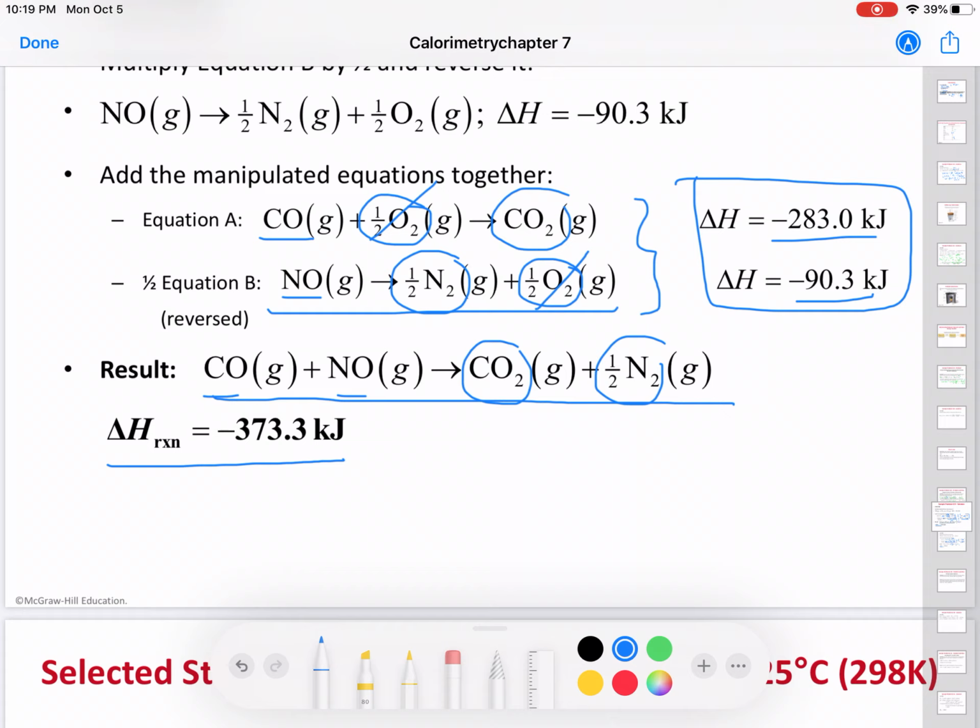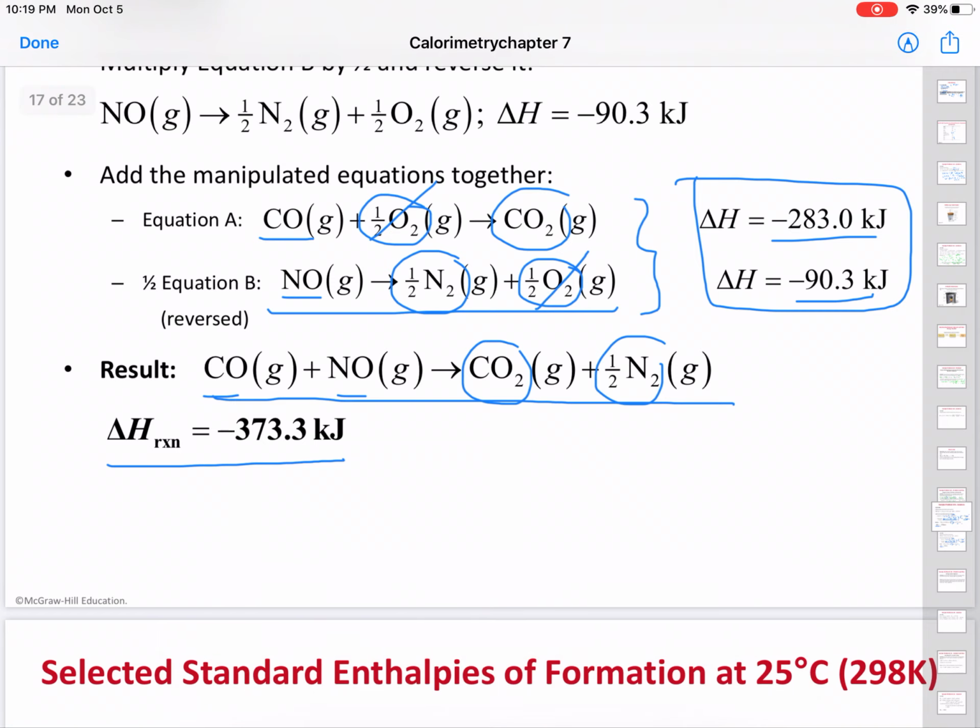So that is Hess's law. The overall reaction delta H can be found by adding up other reactions. That gives you the overall reaction. So in this case, by adding 2 delta H values. Sometimes it could be 3 reactions that give you a final target equation, or maybe 4, something like that. Okay. So that is the example of